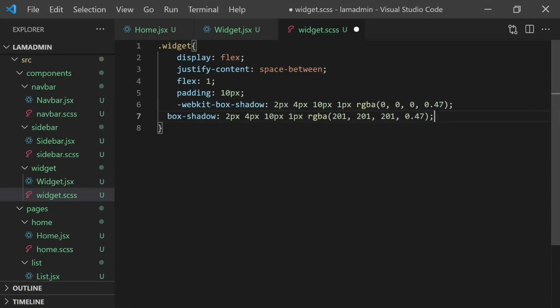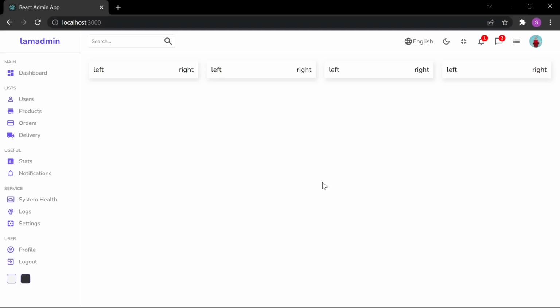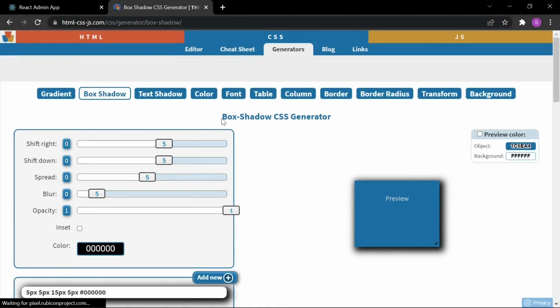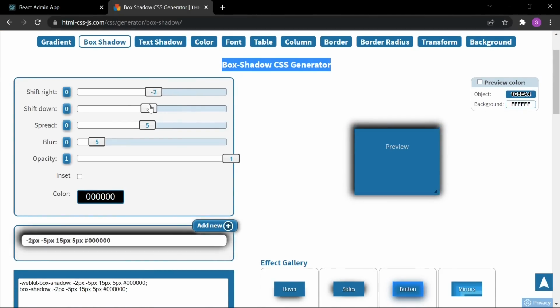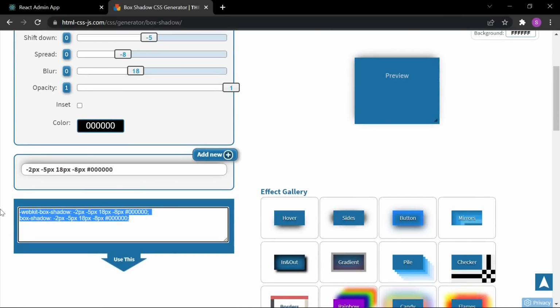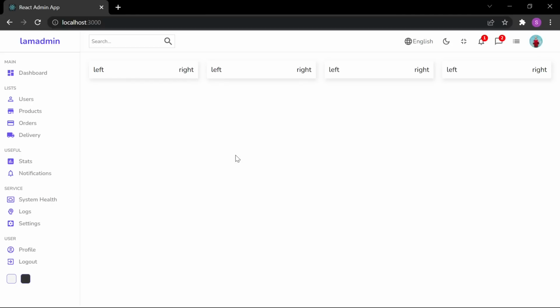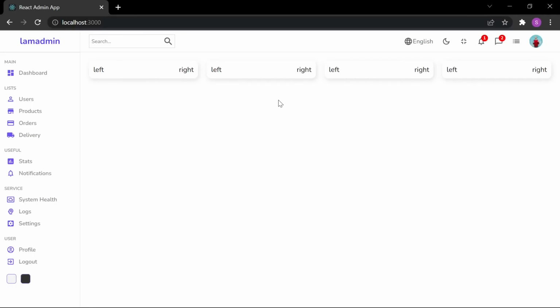I'm gonna copy my code and paste here. I'm gonna show you how you can do this, don't worry. And as you can see, it looks much better. To do that, you can search for box shadow generator on Google, and if you do that, you're gonna see some options here like shift down, shift right, spread and blur. Only thing you should do is copying this code and paste for your CSS. Okay, maybe border radius here, border radius 10 pixels. Okay, perfect. Let's give some height,